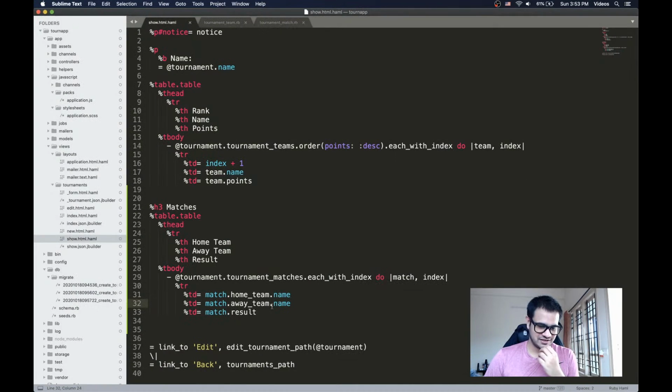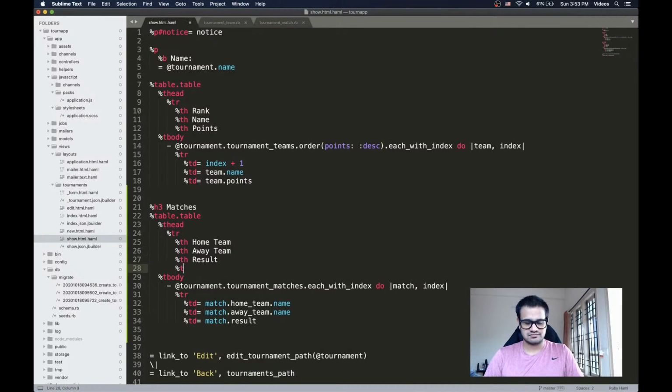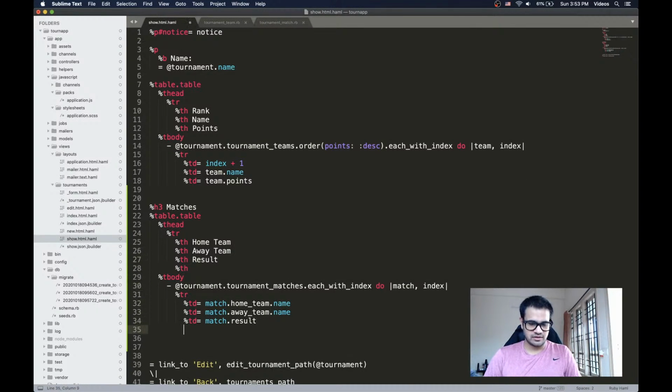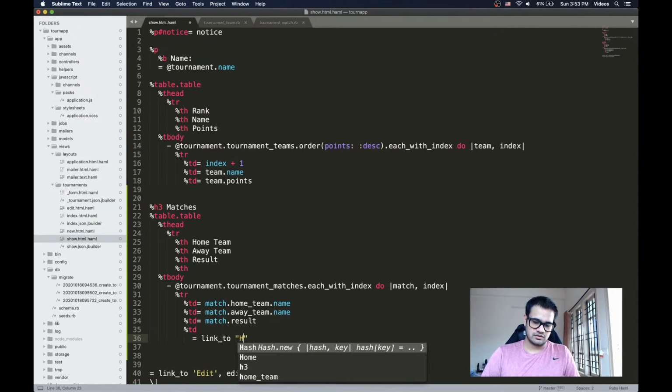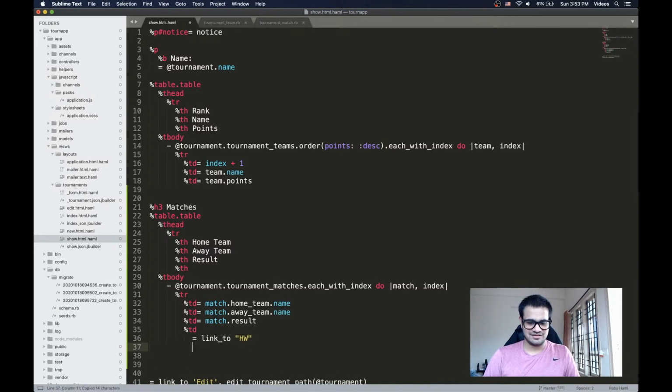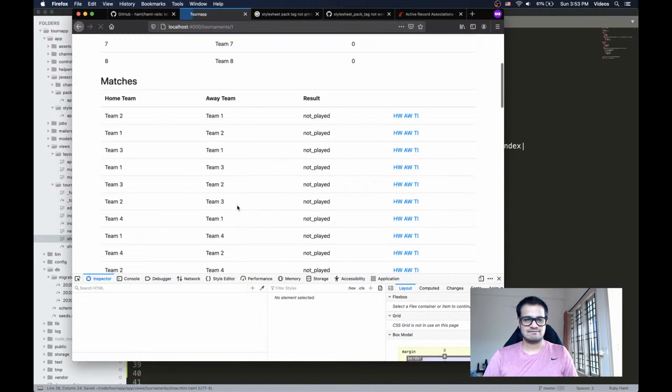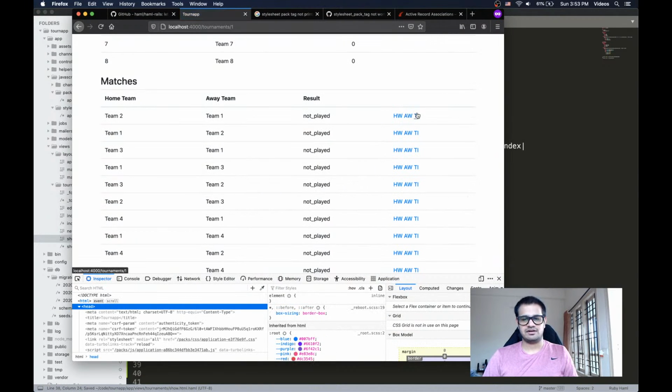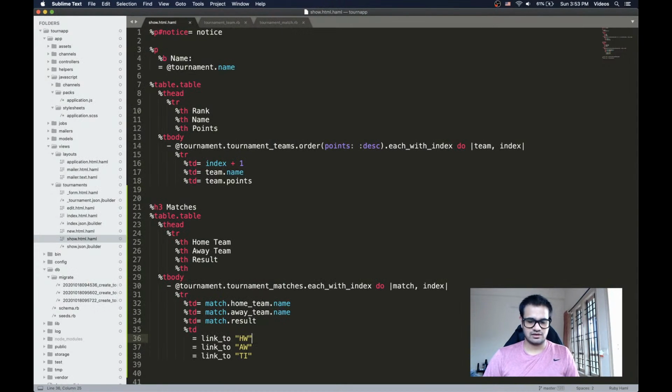I'll add 3 buttons over here, and the 3 buttons will specify who won. So the buttons will be home win, away win, tie. Home win, away win, tie, and you can click any of these, and we can have some sort of